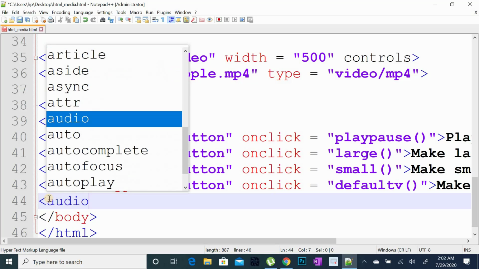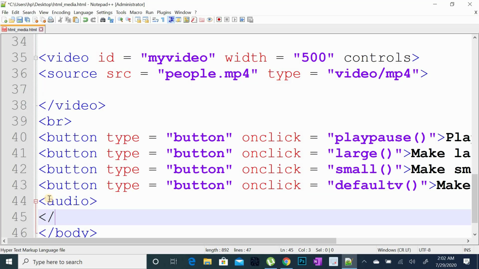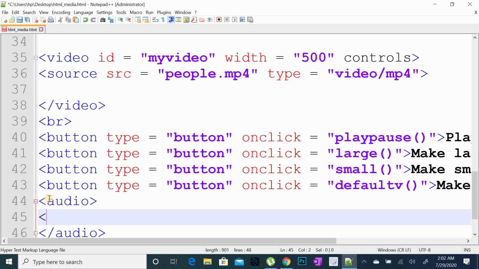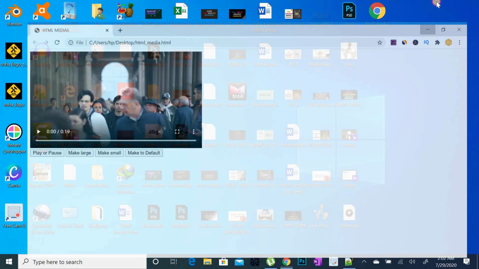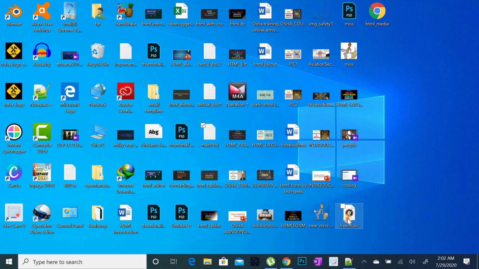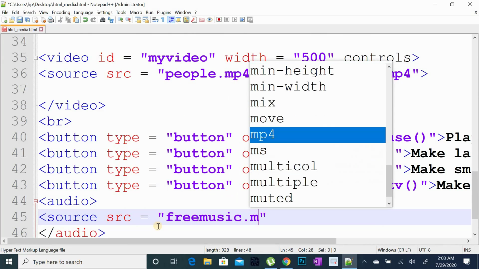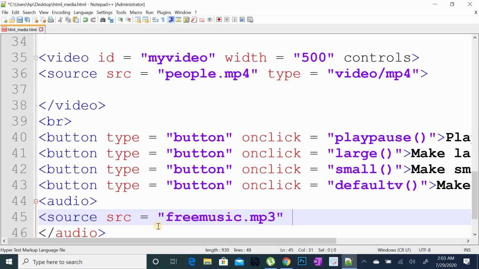Our next tag is audio. How can we embed an audio element? It is through the audio tag. And what is the source? For example, I have one MP3 file by the name of free music, and it has the MP3 extension. So free music.mp3, and you can say that